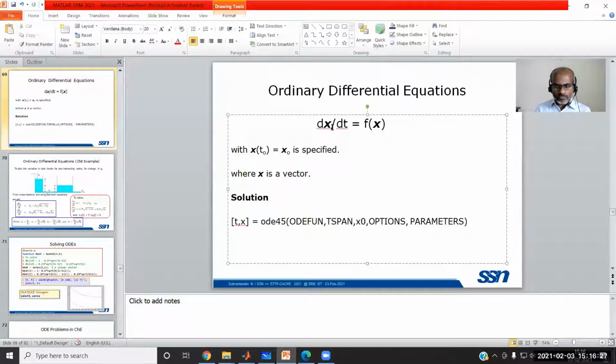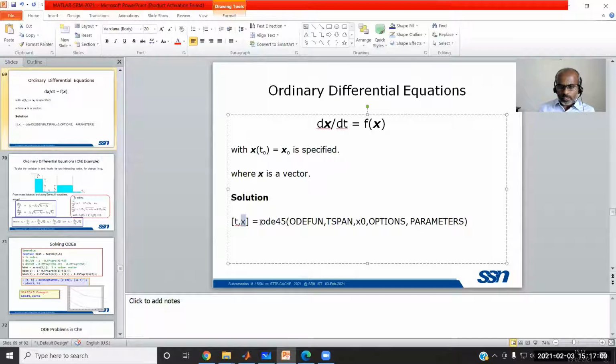Okay, in that respect, we need to know about the solution to an ordinary differential equation. Your differential equation, of course, can be a single equation or multiple equations, or a vector of equations. Say, for example, for the x vector, the initial conditions of x are available. To solve this equation, what is the meaning of solving? For a differential equation, you always need to get the values of x as a function of time. That is a solution. You have a differential equation involving derivatives, and at last we are interested in getting the values of x as a function of time. That is the meaning of that. So t is the independent variable and x is the dependent variable. For various values of t, what is the value of x?